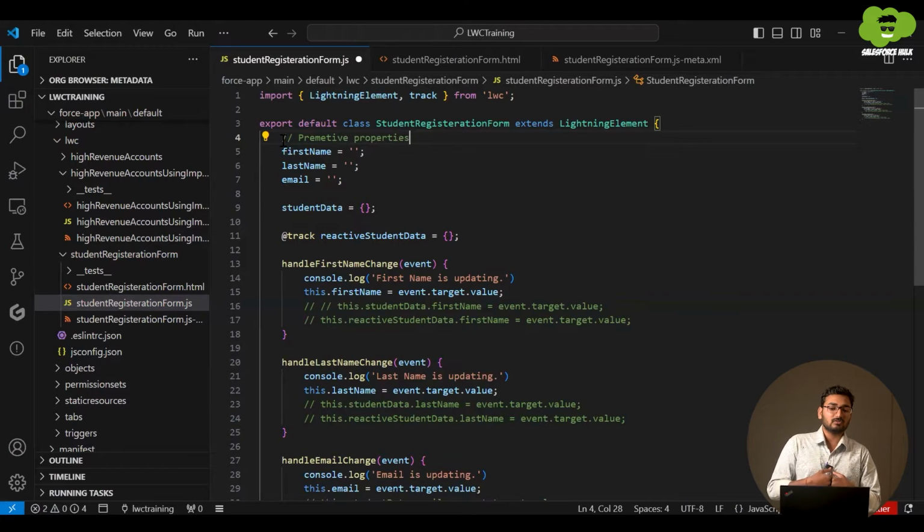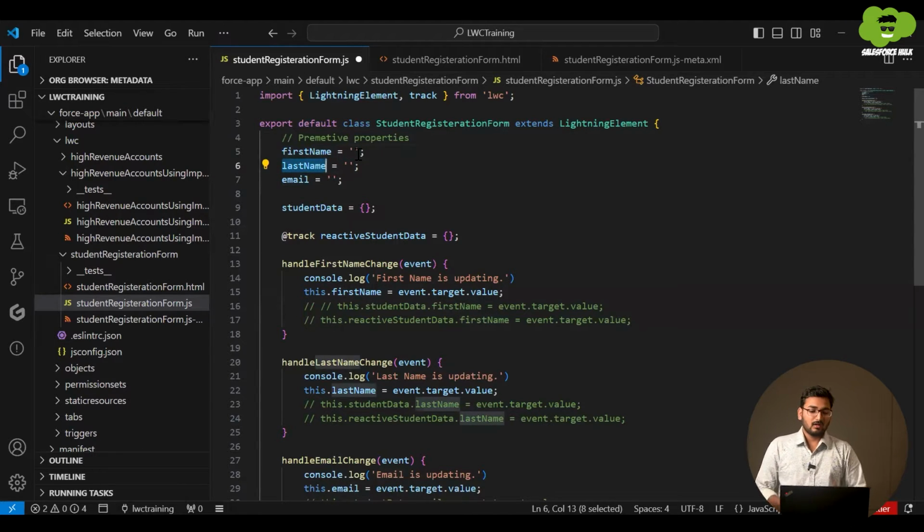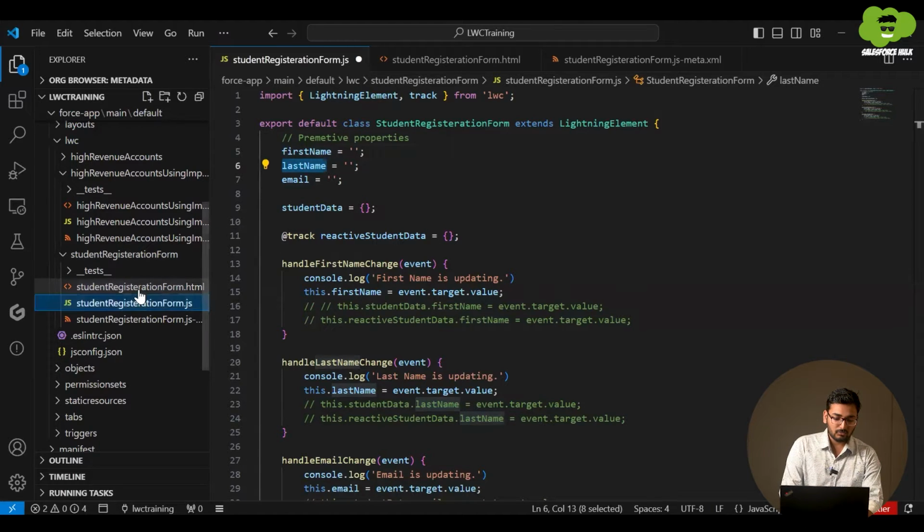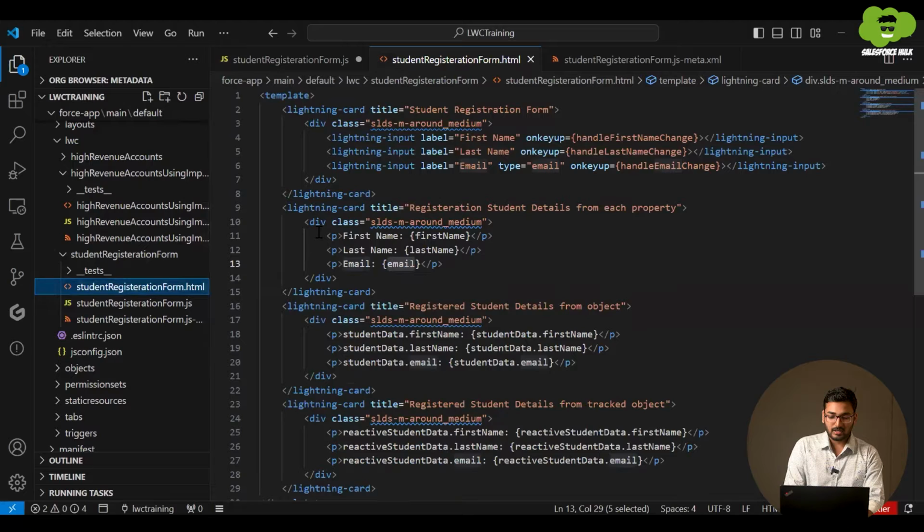Non-reference means they do not have inner memory locations. Those kinds of properties are primitive properties. So these properties are simply storing a string or numbers, and that's what I have bound in this card.